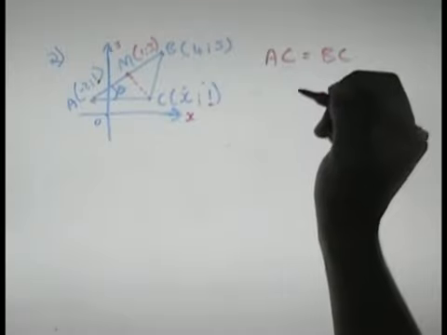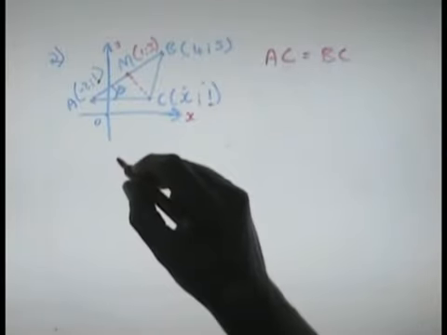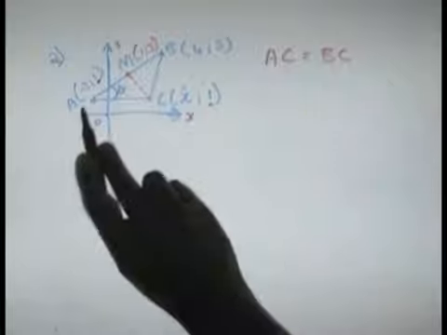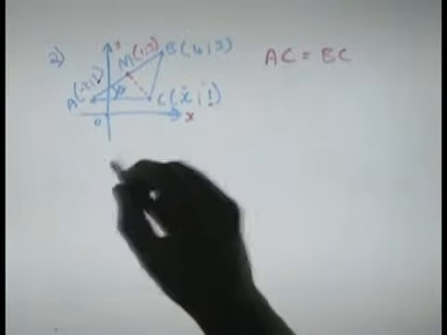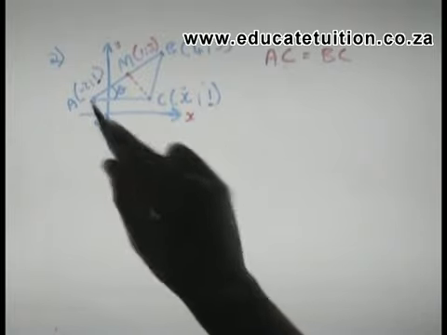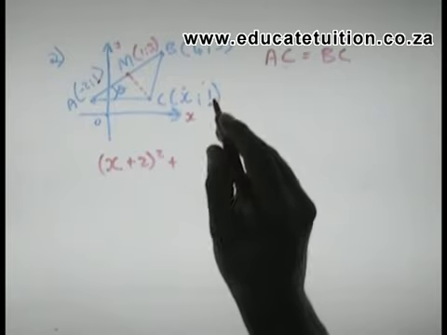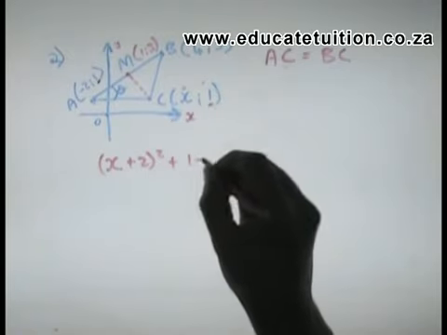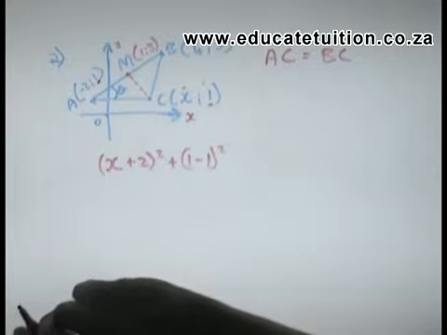My x coordinate of C is just x for now. If AC is equal to BC, let's look at the distance AC. x2 minus x1, minus minus 2 is plus 2, squared, plus y2 minus y1 squared,